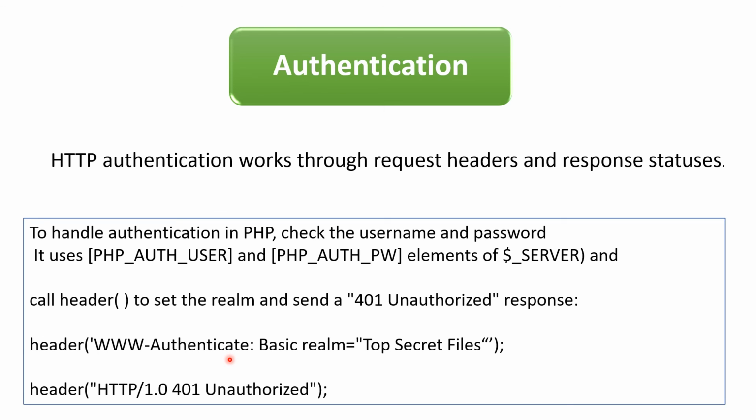If no realm is specified, clients often display a formatted hostname instead. Then we can set the value to Top Secret Files, and we can also use the 401 Unauthorized response. Thank you.